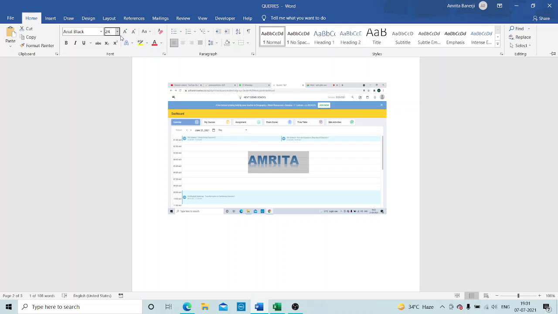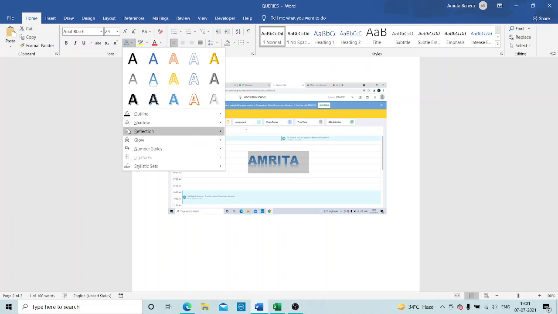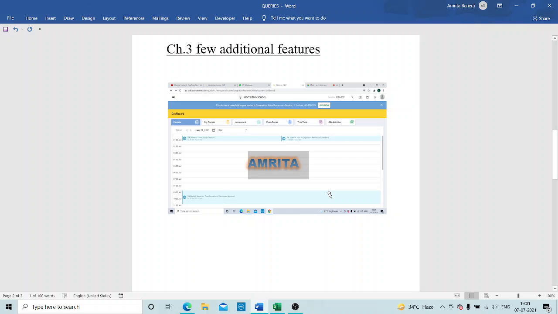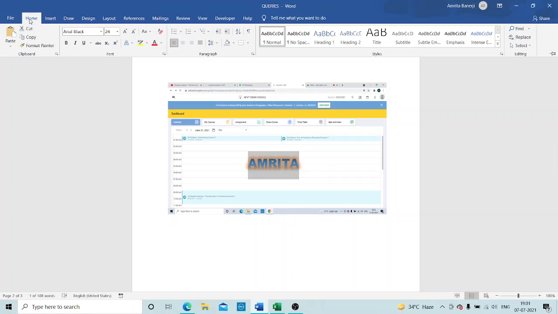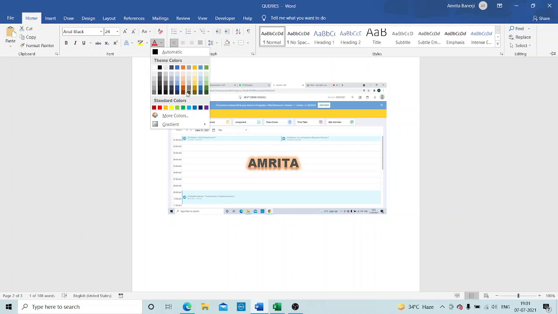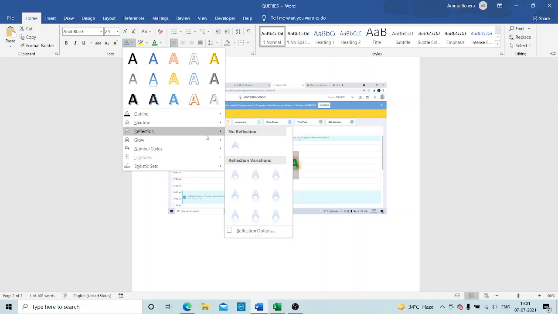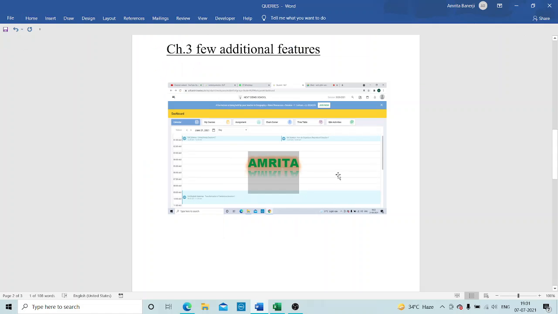Now see, my text is already selected, and I'm going to that effects option once again. Now I'm going to give some glow effect to my text. So see, now I can even give some glow effect to the text which I have written over the picture. Now children, I will select this option once again, and now I may change the color of the text. You can see as I am selecting different colors, it is getting changed. Then children, I may give some reflection effects to it. Anything I can do will enhance my document, or anything I am going to prepare.